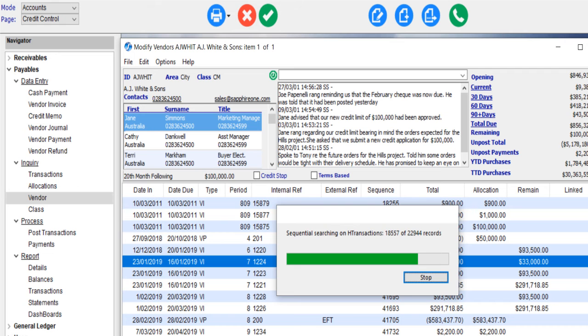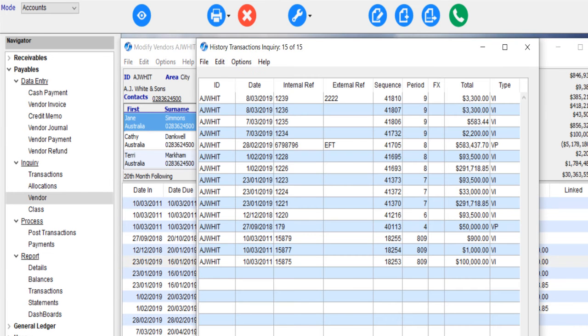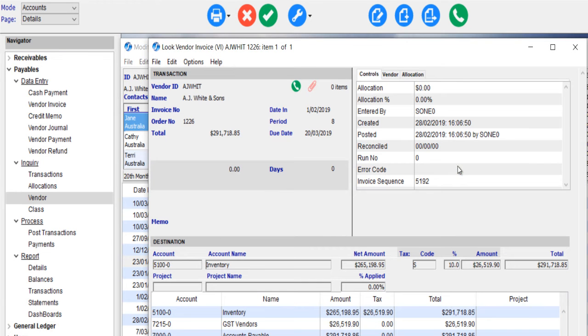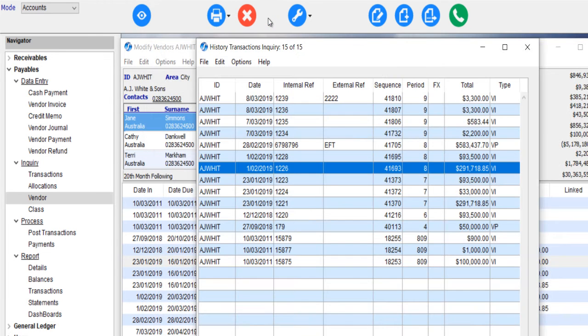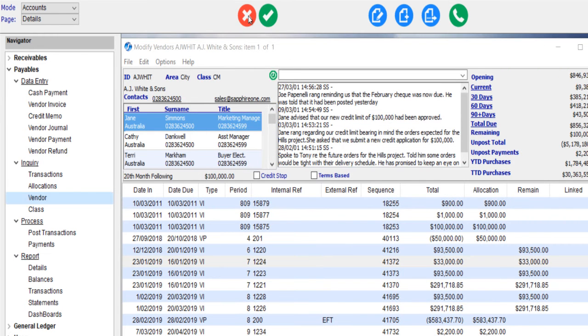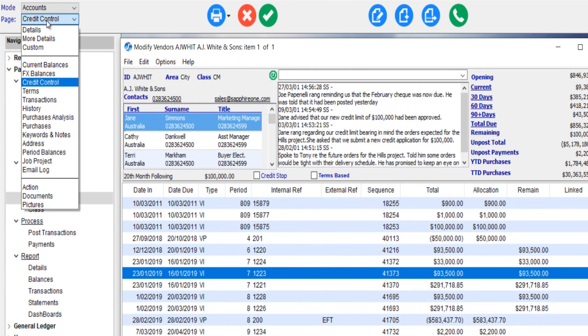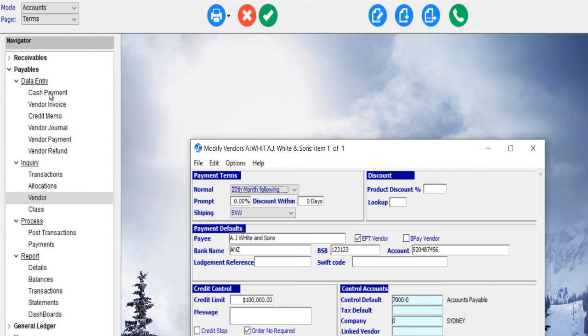And there we go, it's opening that in the inquiry screen, and it'll include the full history if we so desire, and then we can simply double click and get back to the original source document. That original source document, you saw there was a paperclip there, so we can go and see the original source document. The next page down is what we call terms, so we can set up the terms for the particular